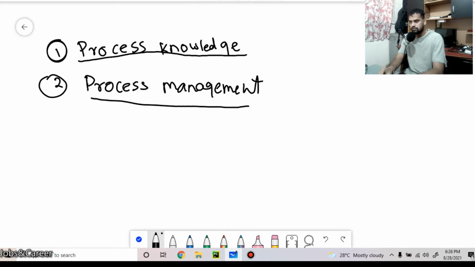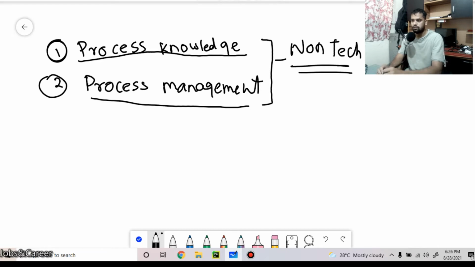Okay, so these two things are non-tech. These are non-technical things which are essential if you are looking for any switch. It doesn't matter if you are looking for a switch in the data analytics field or anything. You will see these two things everywhere.